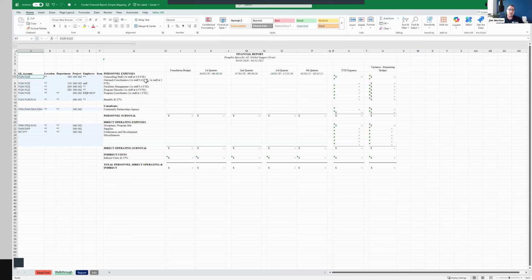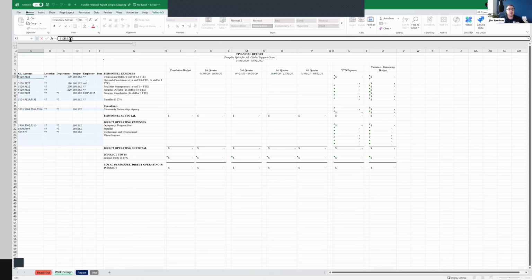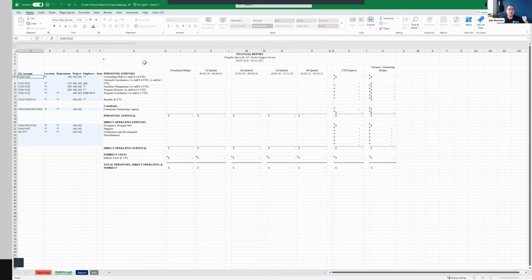That's a line item on the budget. Well, if you think back to the techniques that Harry showed us in session one, one of the ways we can specify what we're pulling is by using a range, right? So we use a simple colon in between the accounts. So anything that's booked to GL account 5120 through 5122 in my example here, that's the GL account.